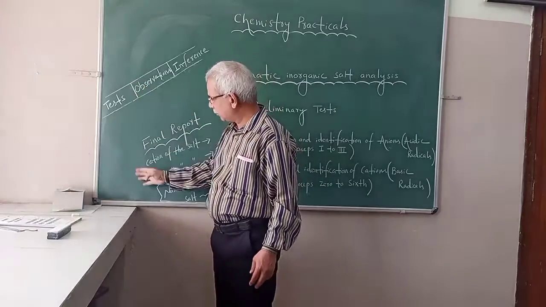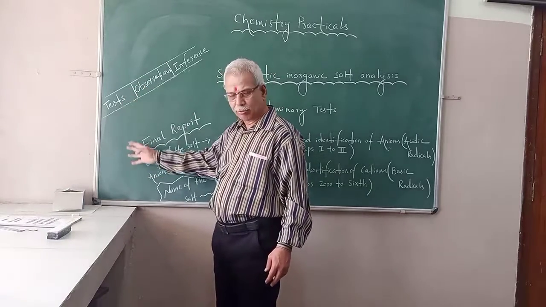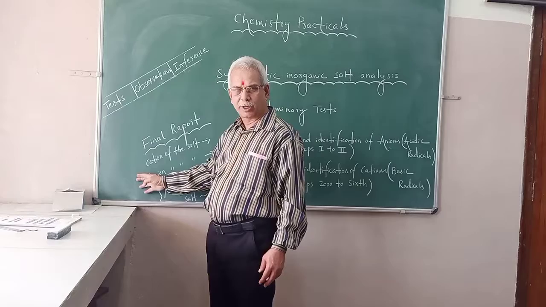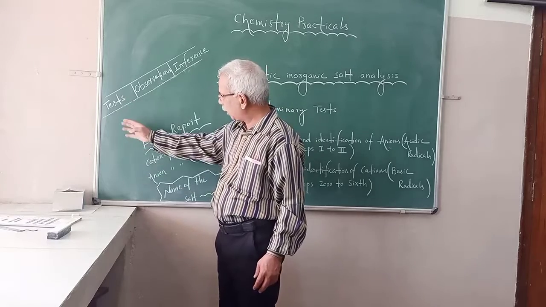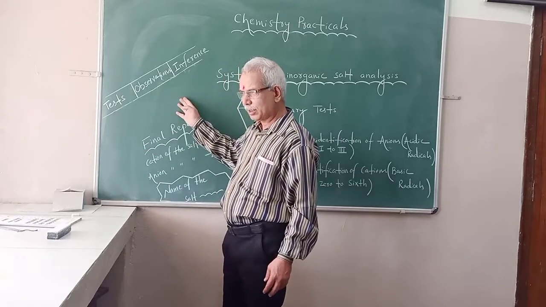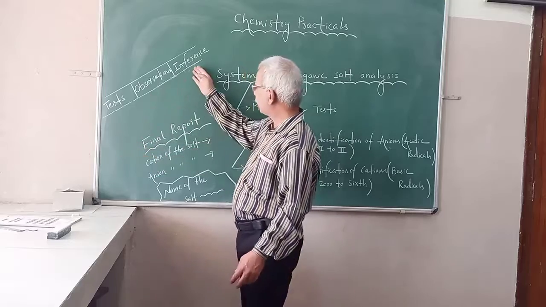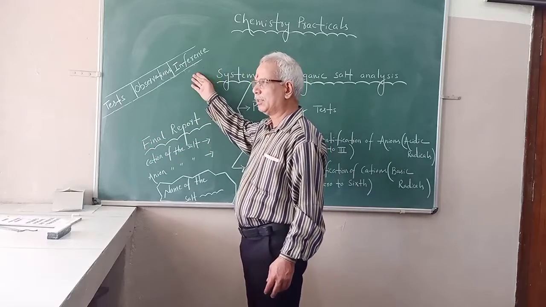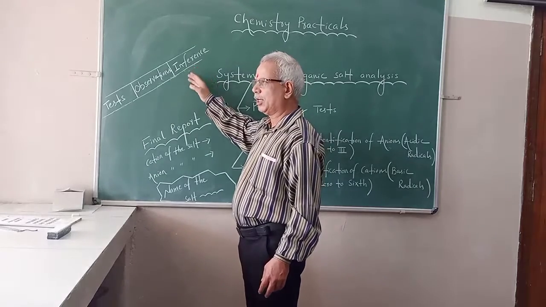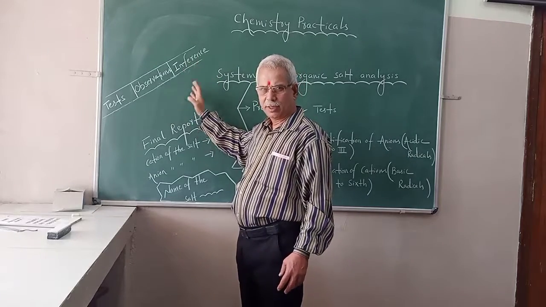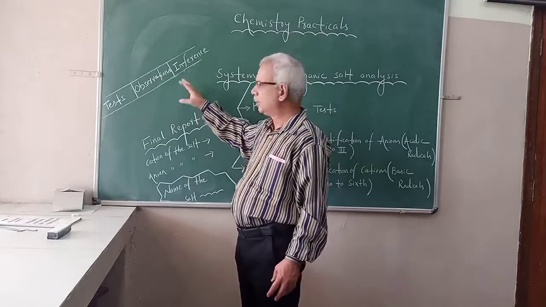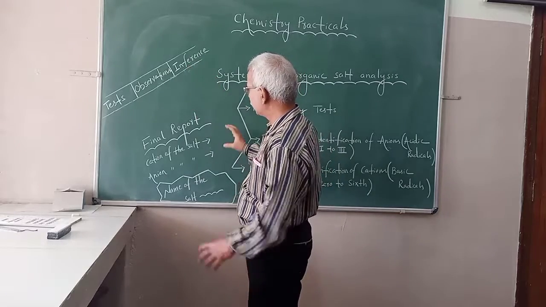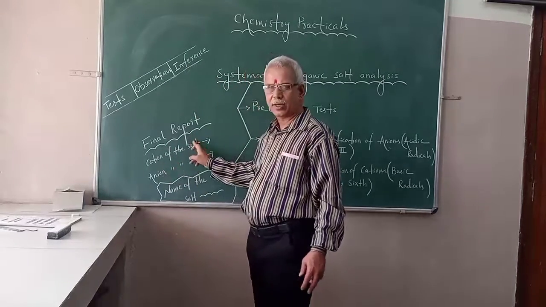Let's say you have to make an observation book here, with test 1, 2, 3, 4. Accordingly, whatever you observe, compare with the chart, then conclude. This is the inference. You write down the conclusion: may be present, or Cl minus is confirmed, NH4 plus is confirmed. All those you write here. Once you conclude, you have to do the final report.